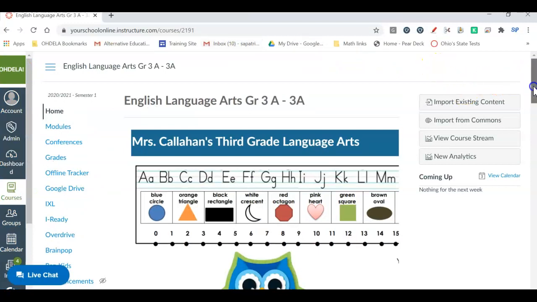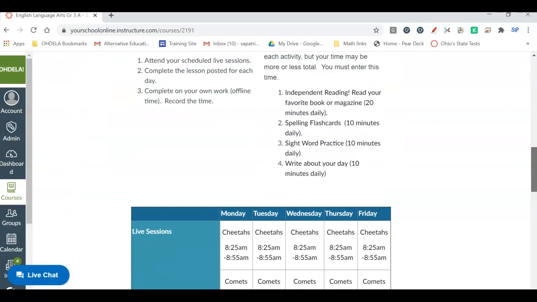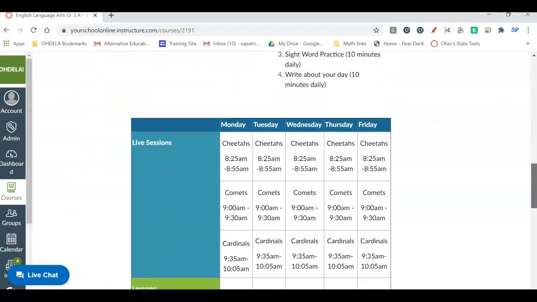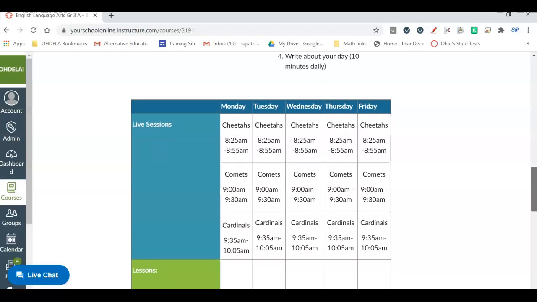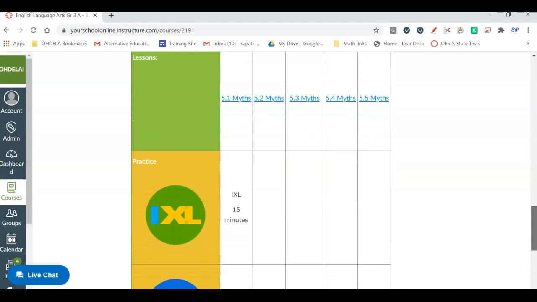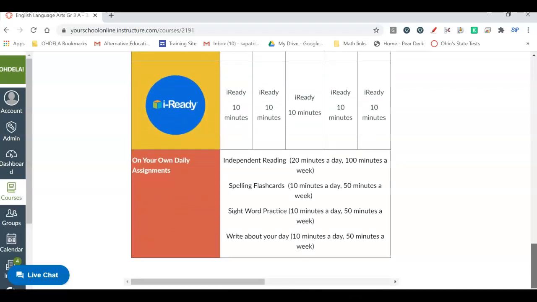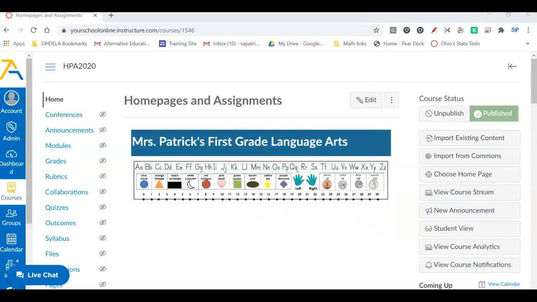Here's Mrs. Callahan in 3rd grade. Okay, she has her group names in her live sessions Monday through Friday. Her lessons linked. IXL, iReady. There we go. That's her language arts. You take this back out and let's now look at